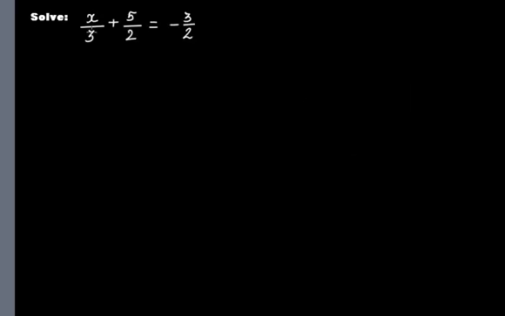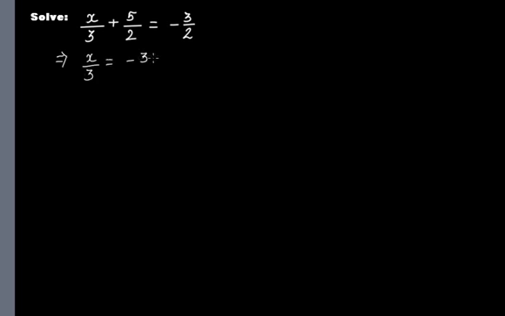In the next problem, we have x by 3 plus 5 by 2 is equal to minus 3 by 2. Now, on the LHS, we want only the variable x because we have to find the value of x. We need only x. So the first step will be that since this is an addition, if we transpose 5 by 2 to the RHS, this becomes x by 3 is equal to